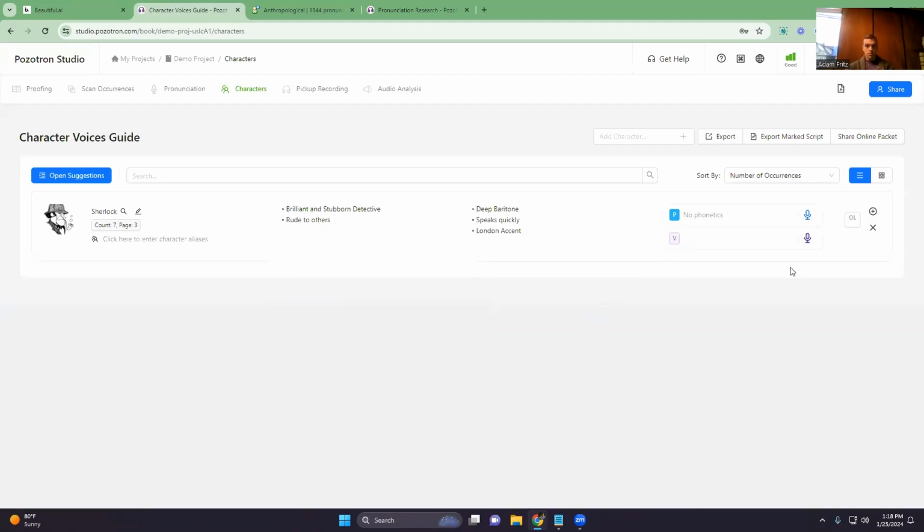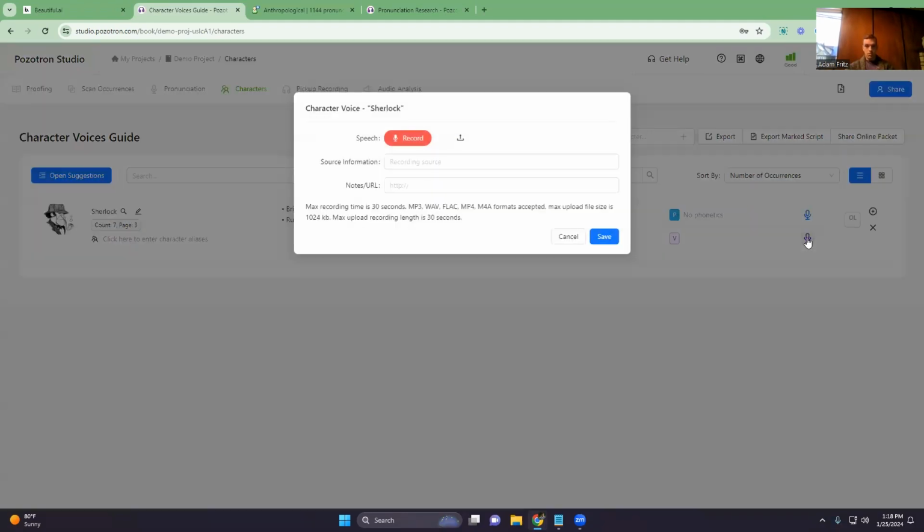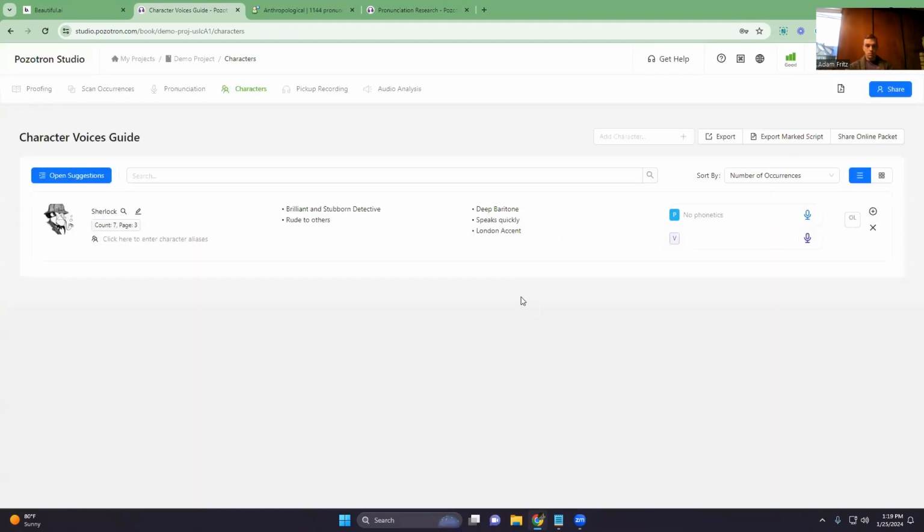And last but not least, this purple recording button here allows you to record up to 30 seconds of yourself speaking in this character's voice. So you can record yourself, or if you're using another voice for inspiration or something like that, you can actually upload audio here as well. And this saves for, really, forever. So if you've got 30 different characters, you have all their data in here, and it helps you remain consistent